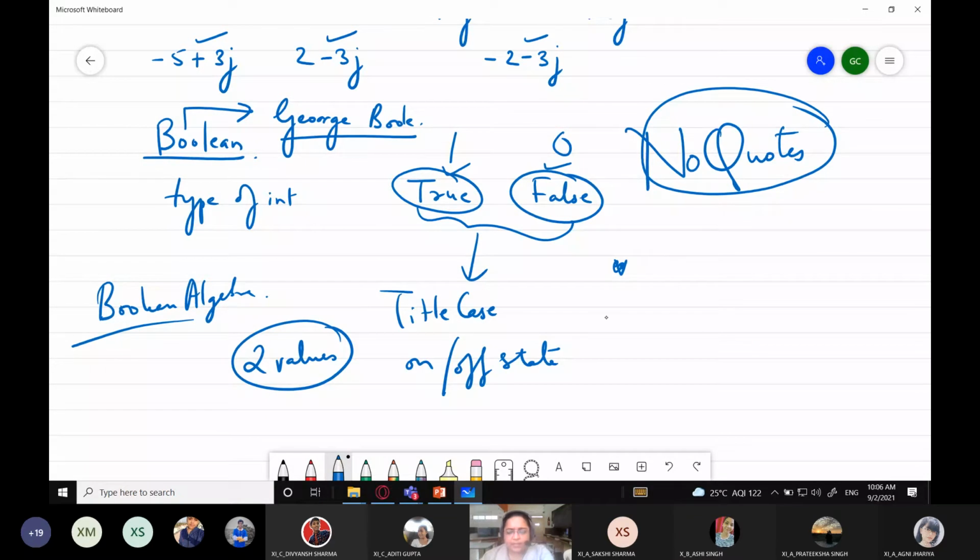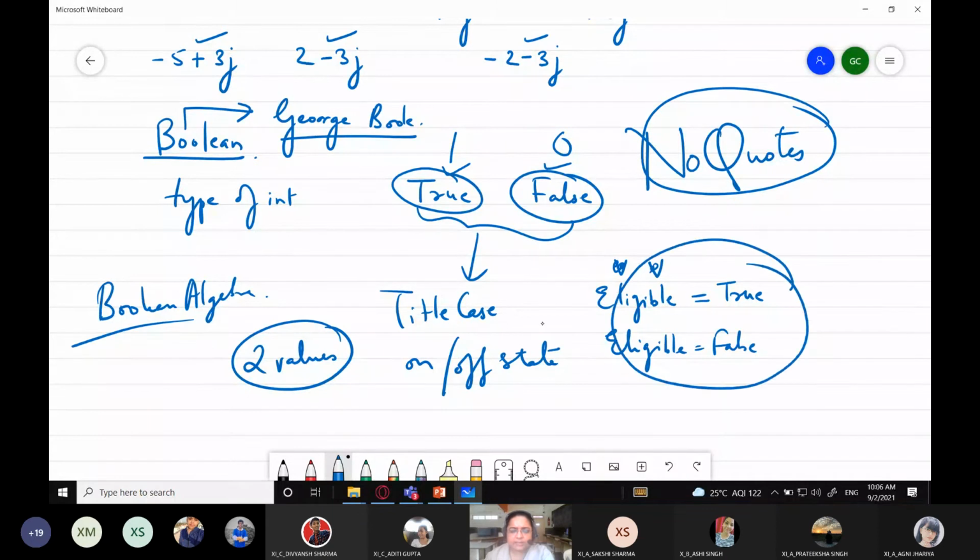For that you create a variable eligible. And this variable can contain only two values. Either it can contain true or it can contain false. So using this, it is very easy to understand that it will be true or false.